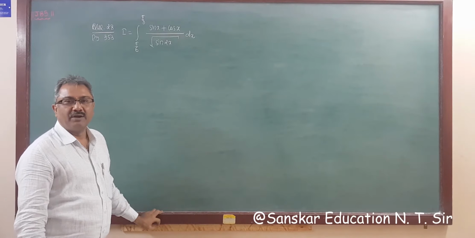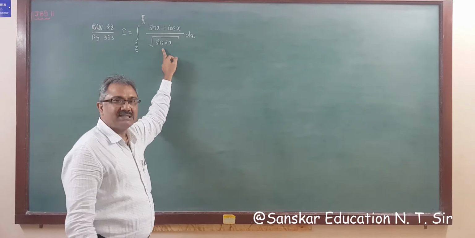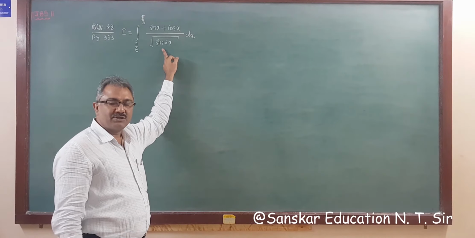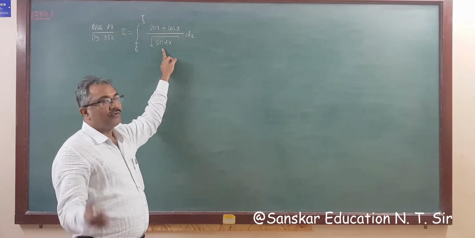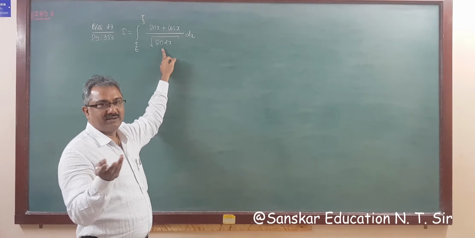Now you know, while there is a sin into cos in the denominator, now this sin 2 theta, that is 2 sin x into cos x. Then what do we have to assume? We have to assume sin minus cos, either cos minus sin, plus or minus, right?